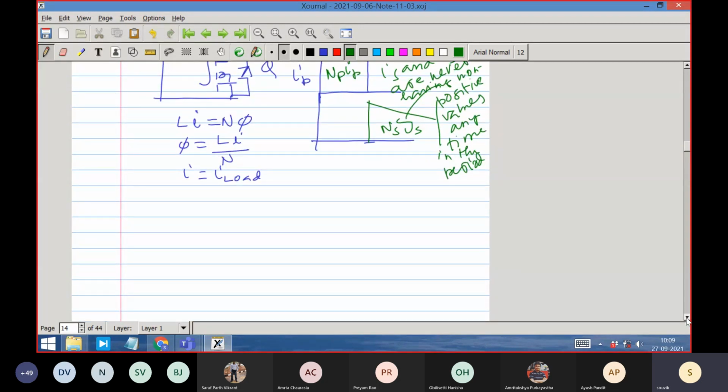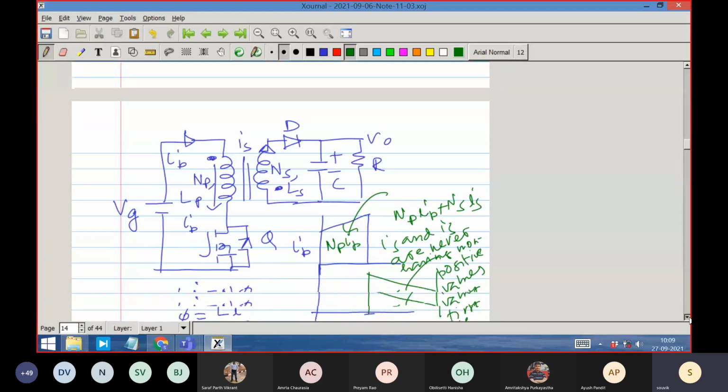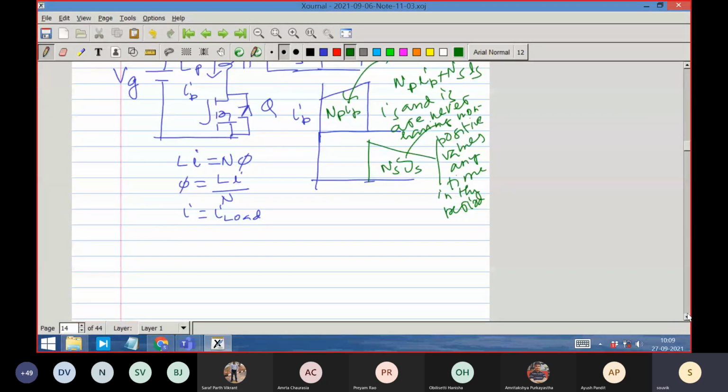One small thing I want to add: you might have understood automatically that these are the waveforms of CCM. Why are they waveforms of CCM? Because you have to think of the inductor in a combined order. The initial current is greater than 0. You should not think that since the current is 0 in this part, it is DCM. No, you should not have that crude understanding; your understanding should be much more sophisticated. The current level initially is high, indicating CCM. And at the end of the period it is also high, indicating CCM.